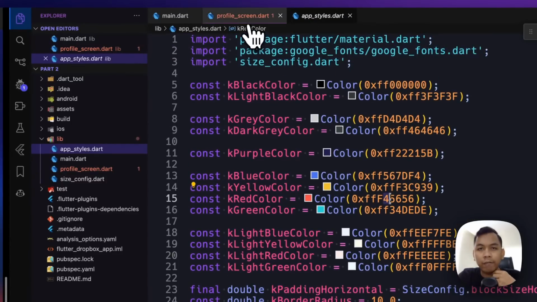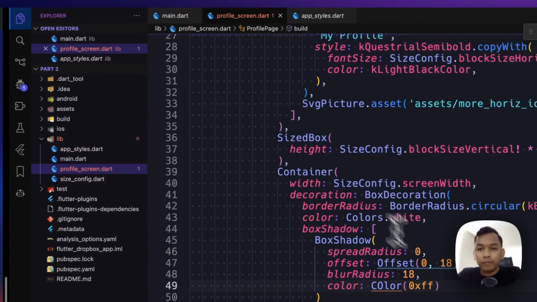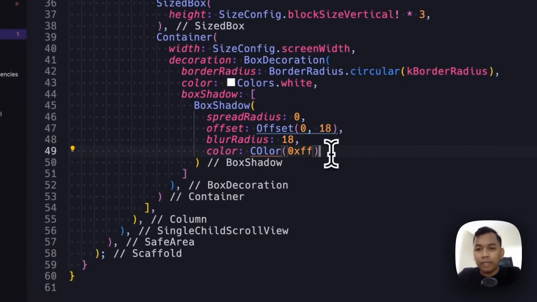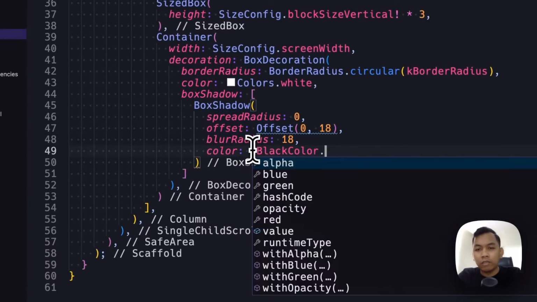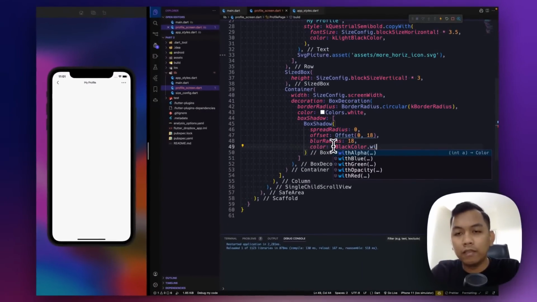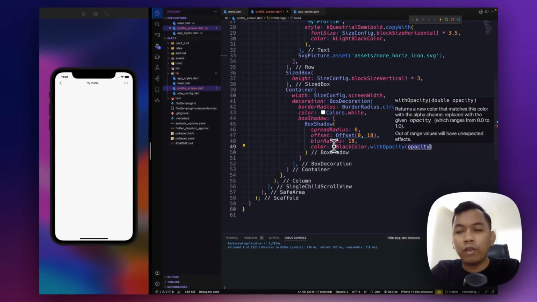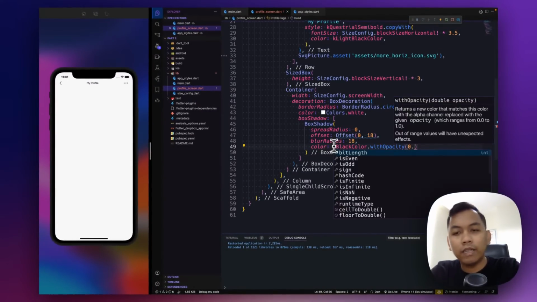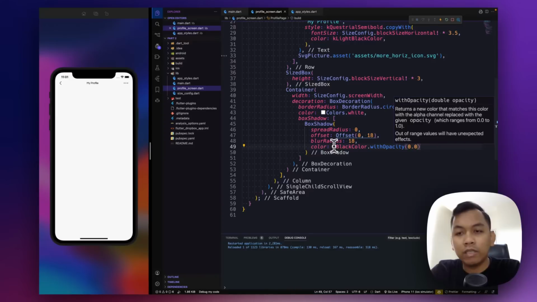Okay, so we have black color. So we can just say kBlackColor.withOpacity, will be just 6%, it means 0.06. All right.